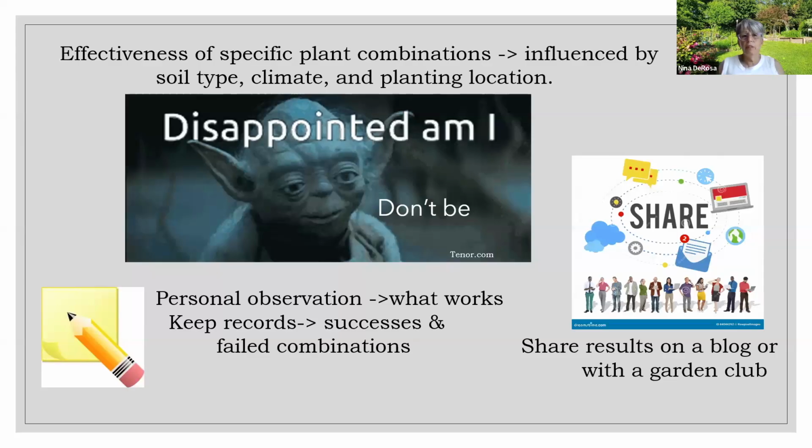Don't get disappointed, okay? You plant things, it's supposed to be fun. It's a hobby. If our crops fail, we're not going to starve. It's not like the old days. So this is fun. We know that garden grown vegetables are amazingly tasty and it's fun, but enjoy it, learn,